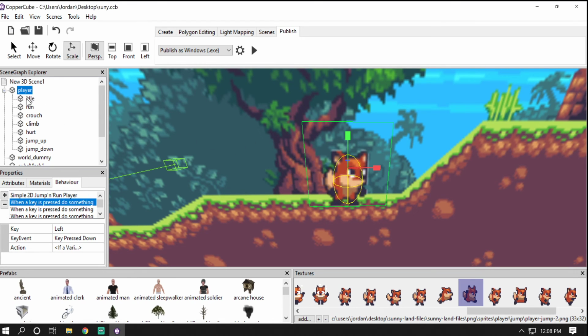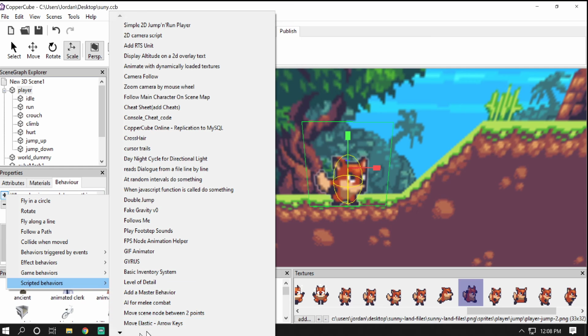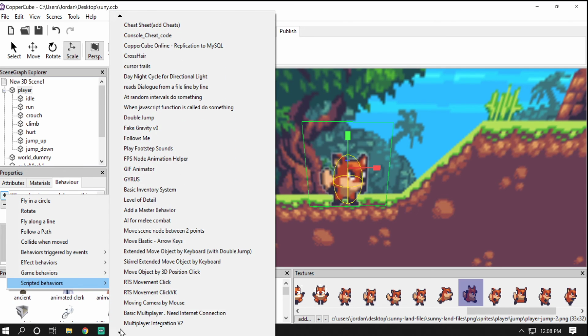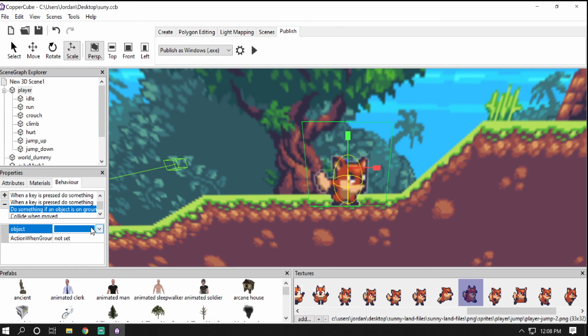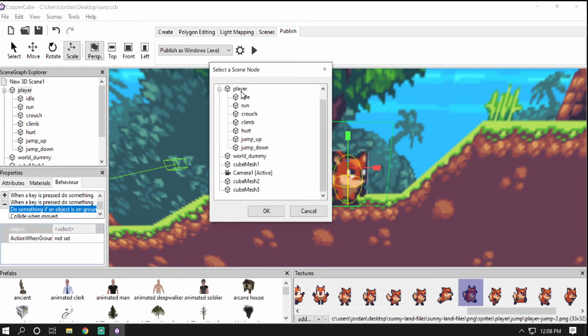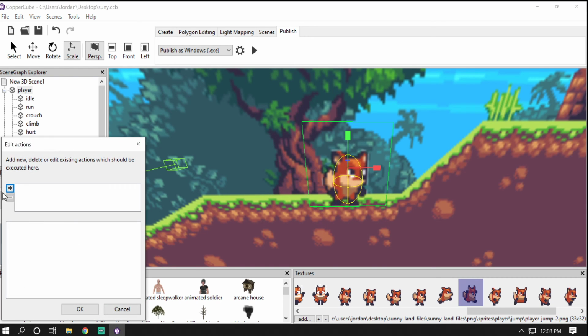Now select the player mesh and delete the previously created on key left up behavior, which is used for the spacebar key, and attach a new scripted behavior, do something when an object is on ground. Now select the player as your object and action when grounded,